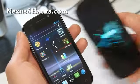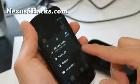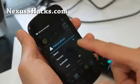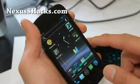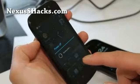And basically, we're going to put our phone into recovery mode. You can either do this if you have a custom ROM, go to recovery and hit OK, or what you can do is just power off, and then